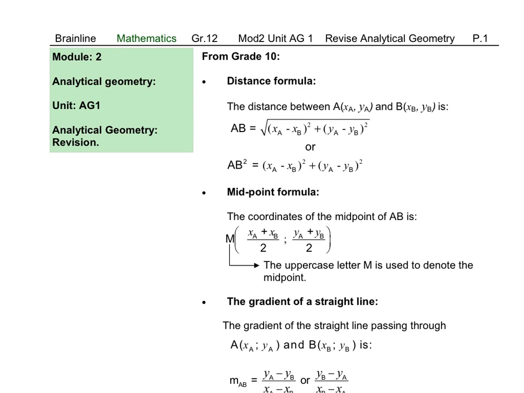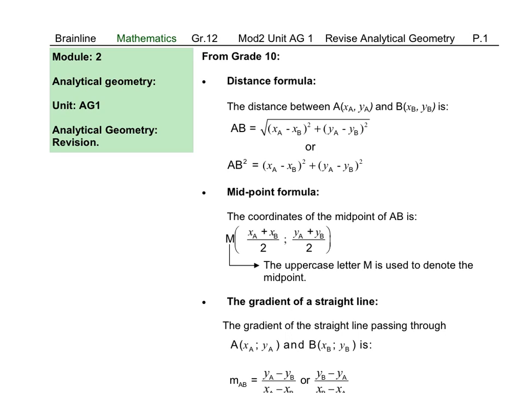Good day. Today we look at Unit AG1 of Module 2 and we will revise analytical geometry in general. The first important formula is the distance formula, where we have two coordinates, and then to determine the distance we draw the square root and find the difference in x values and square it, plus the difference in y values